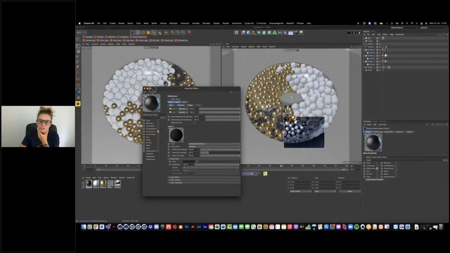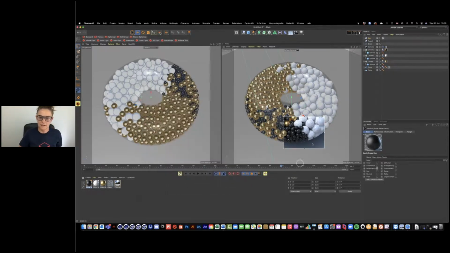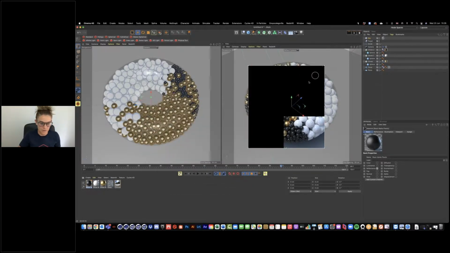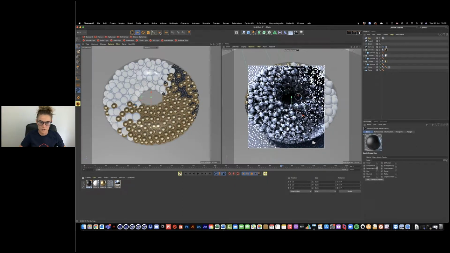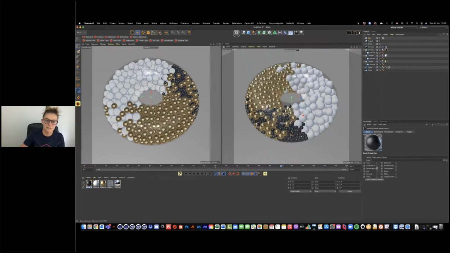Okay, let's have a look. Cool. Yeah, so I'm happy with how those textures are looking. I think they look quite nice straight away. Right, and now what I'm going to do, I'm going to come into my asset browser and I'm